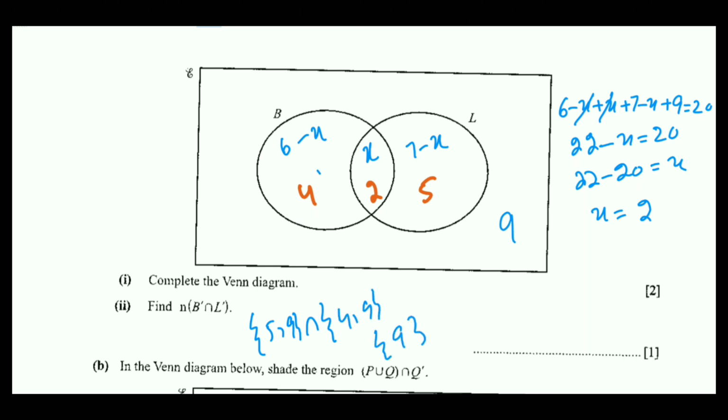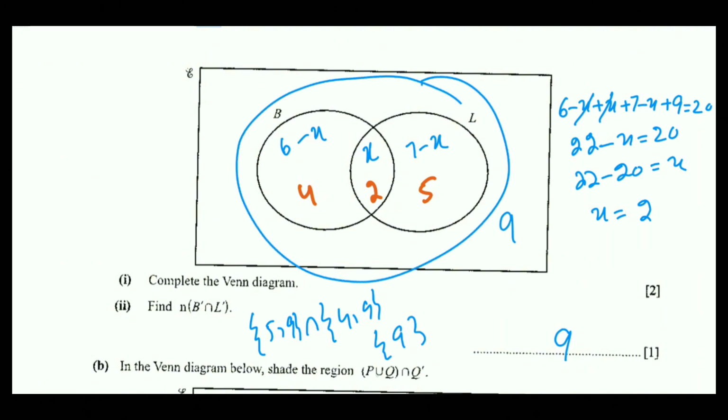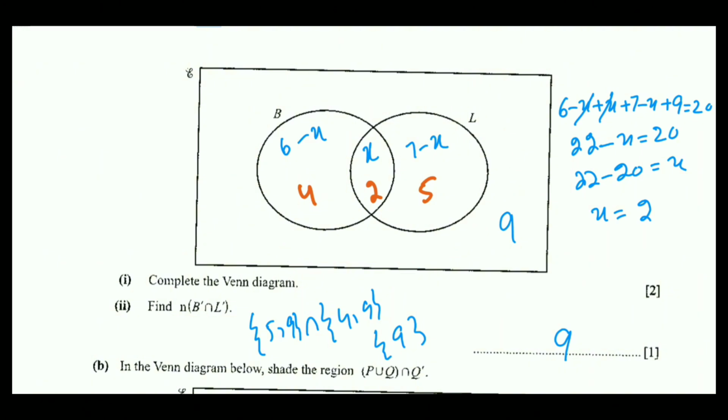Because these all are numbers of the trucks. Already these are numbers of the trucks, these are not the elements. So 9 will be written as it is. You will not write 1 here. So you have to be very careful while writing the answers. If the elements are given to you, then you have to count the number of elements to write the n. But if the data given to you is already the number of something, like these are the numbers of trucks, it means the final answer will be written as it is, like 9 will be written as it is.